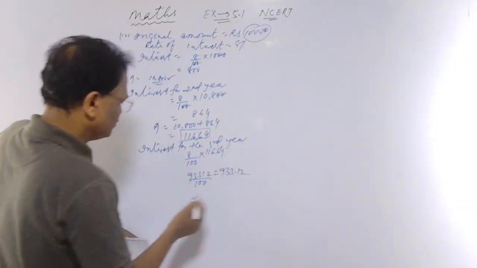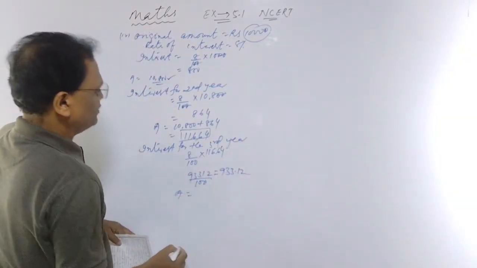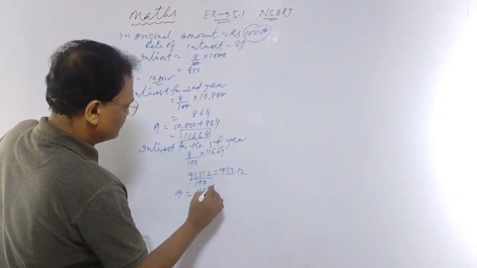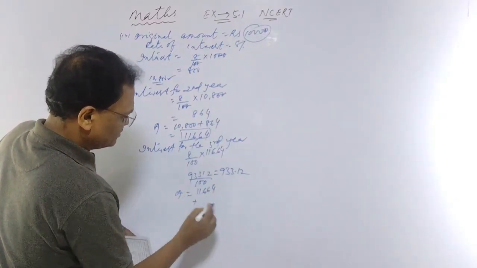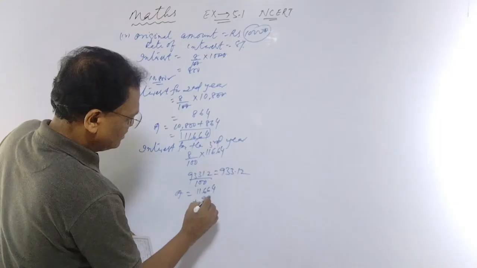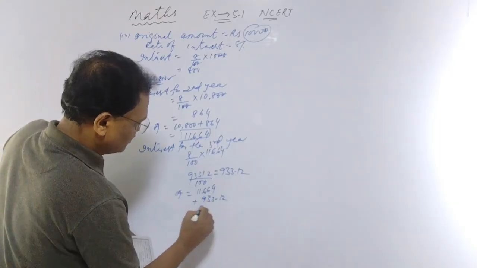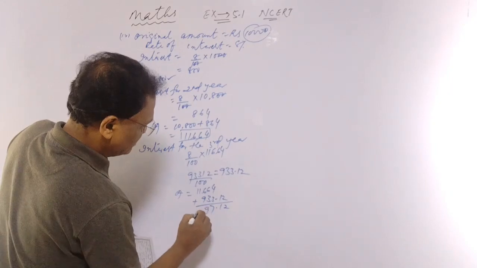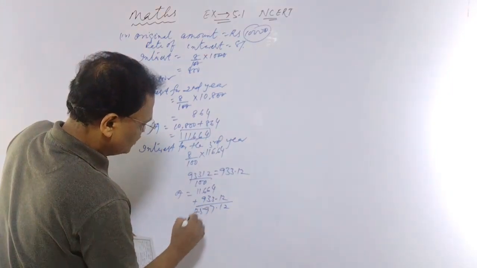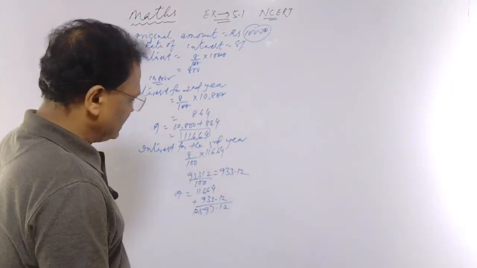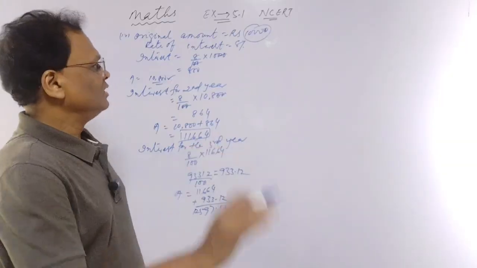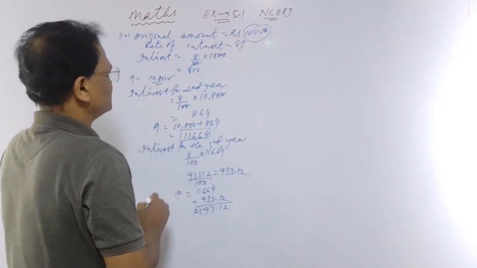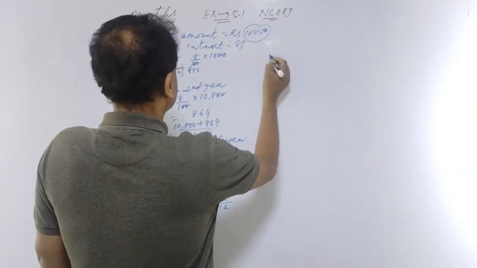Now what will be my amount? My amount will be 11,664 plus 933.12, and this becomes 12,597.12 is the amount. So if I write this one, the sequence becomes, the first one is